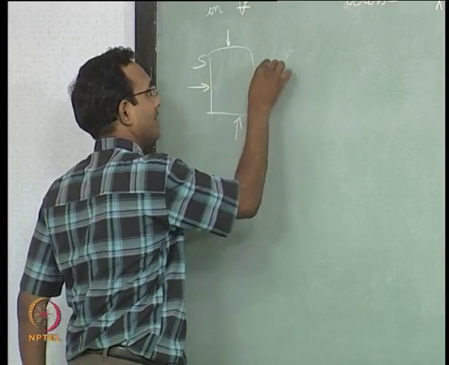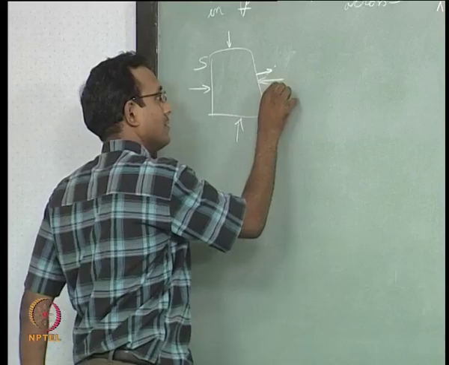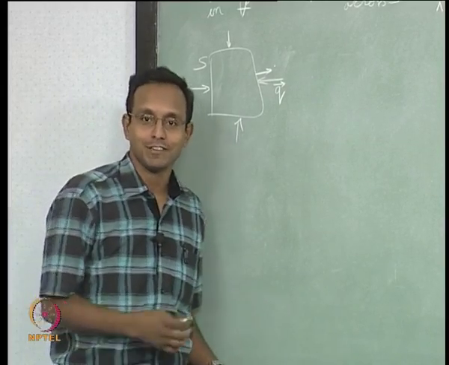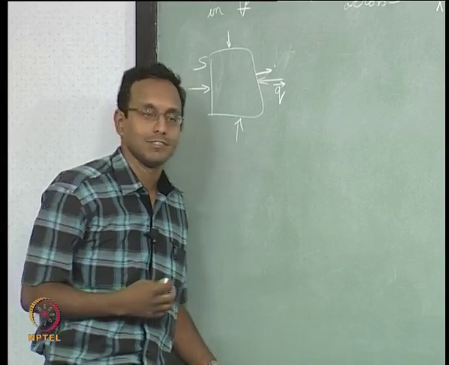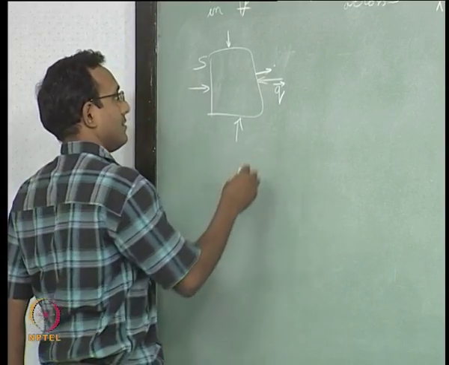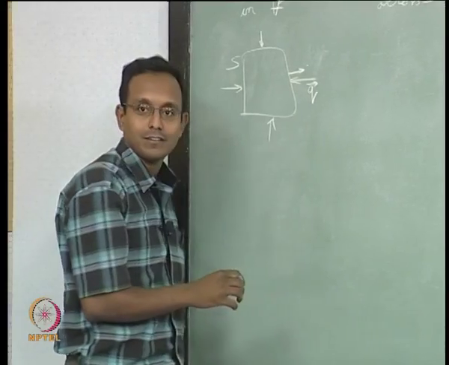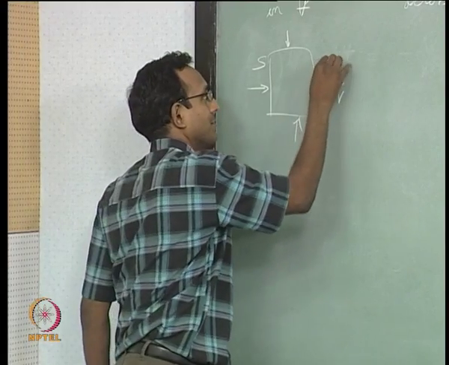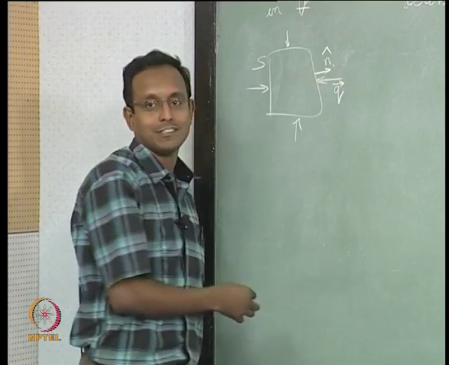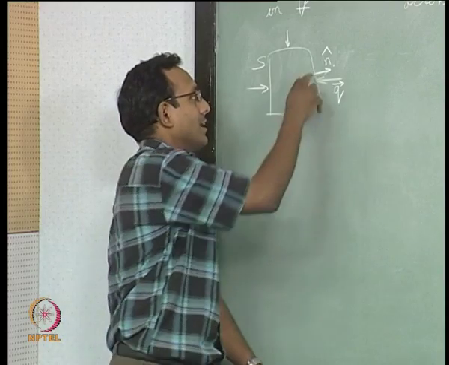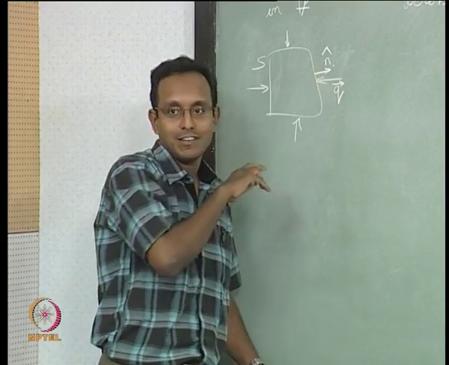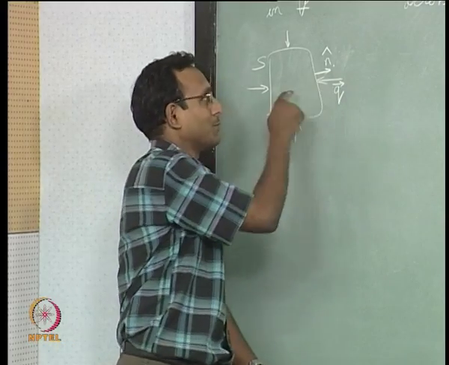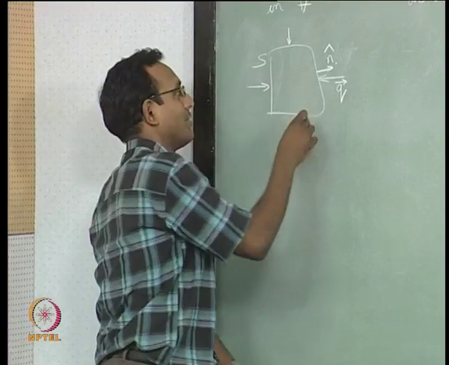Now, if I say my normal vector is like this and my q vector, the heat flux vector, is like this, then if I put q dot n, that will have a negative sign, because the n vector is like this and the q vector is like this, and you will get q dot n with a negative sign. We want to cancel that because we want to say this q corresponds to positive. So, I have to say